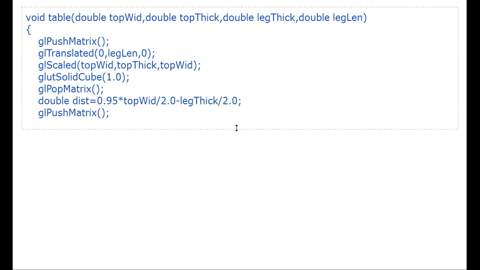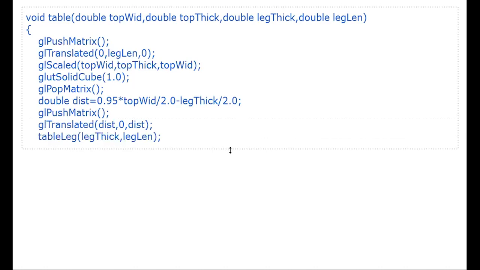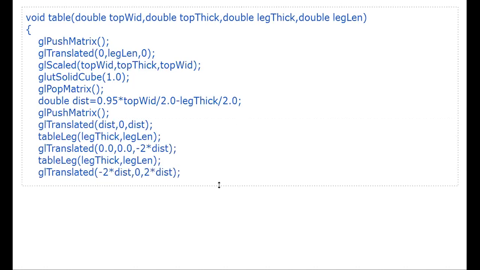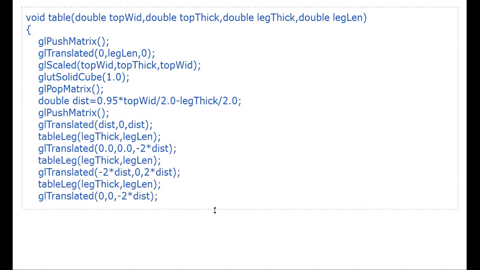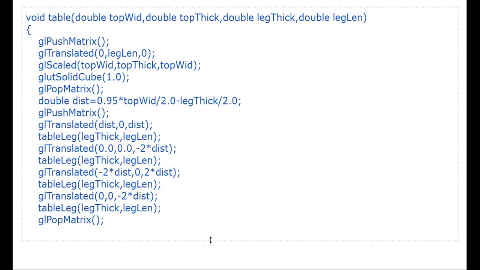We will see why you are doing push matrix. Translate table leg. I will just go on with the table. Next line is translate, table leg, translate, table leg, translate, table leg, pop.